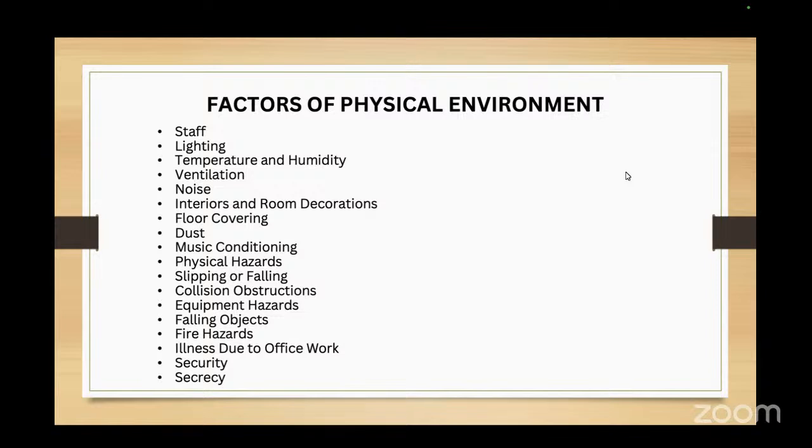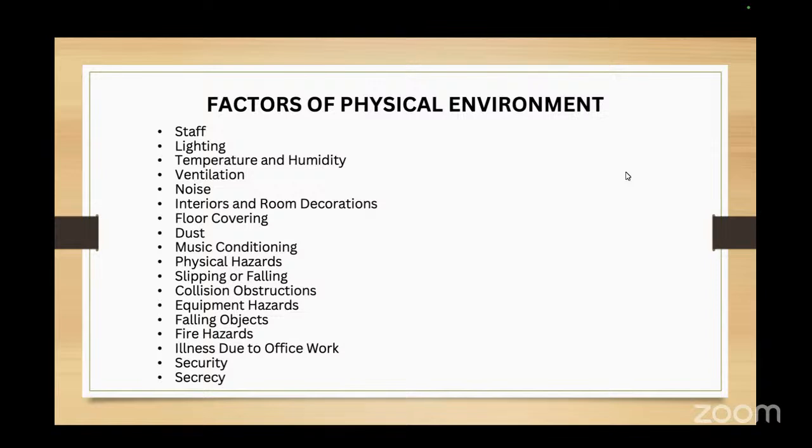Noise. Noise is a big issue in office environments, especially in places that require concentration. Offices are often full of distractions such as the sound of ringing phones, typing, or even people talking. This noise can make it difficult for workers to focus and it can lead to stress. Over time, constant noise can have negative effects on health, including increased blood pressure, causing mental strain, and even